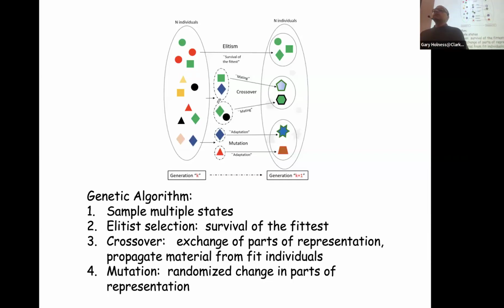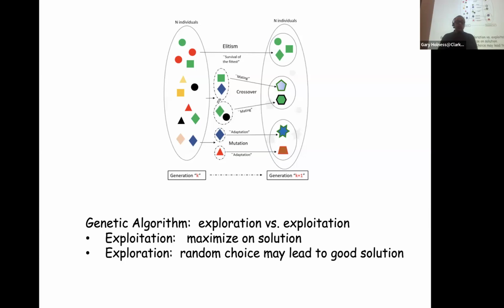Because again, sometimes you want to explore, sometimes you want to select some notion of the best or the worst. Okay. And so this is part of a trade-off in any sort of optimization problem called exploration versus exploitation. The exploitation refers to the maximization or minimization of some evaluative measure. The exploration talks about a randomized choice, and this randomized choice might induce an improvement. It might not induce an improvement, but the idea is to explore around